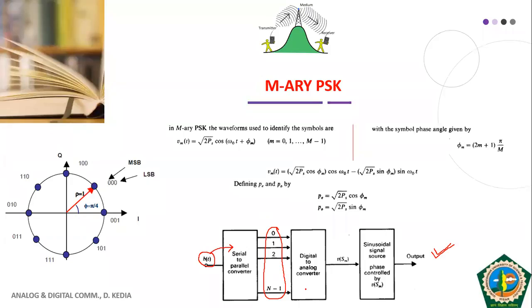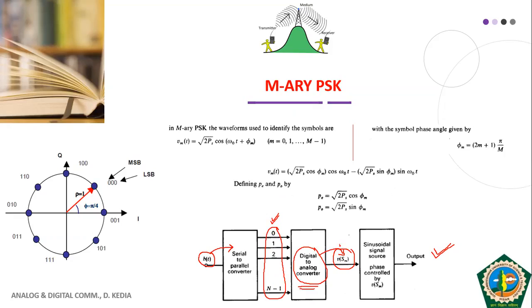So these n bits are digital to analog converted to get an amplitude value, V_SM, that will represent our n bit symbol. So we will get an analog value, or a voltage value, that corresponds to this n bit symbol with the help of the digital to analog converter.